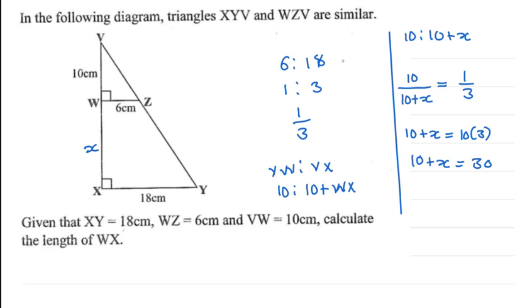We can subtract 10 from both sides of the equal sign, which is the additive inverse of 10, so we use -10. This side will remain with x, and this side will have 30 minus 10. Then x is equal to 20 centimeters. Therefore, since the small letter x represents WX, WX is equal to